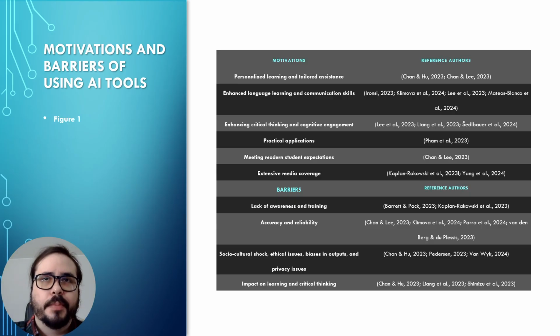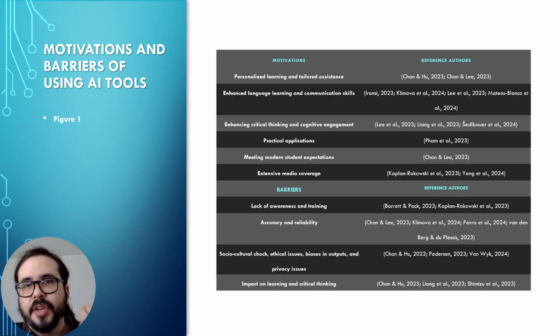With this in mind, we're just going to broadly go over some of the motivations and barriers behind using AI tools. Some of the practical applications, as listed here, could be just providing information and data in an instantaneous manner, and enhanced learning and communication skills. As I mentioned earlier, AI chatbots are able to tailor towards that specific person and how they speak their language. Not all languages, Spanish can be spoken in a variety of different ways depending on the local dialect, right?